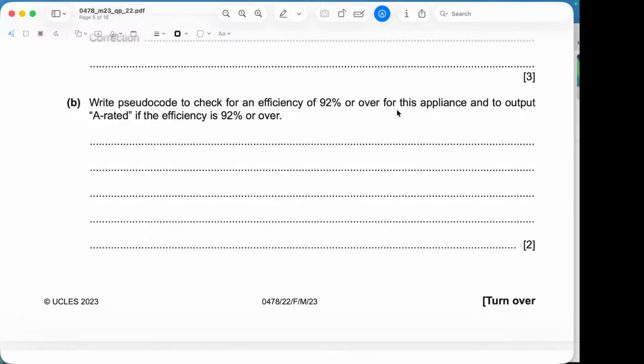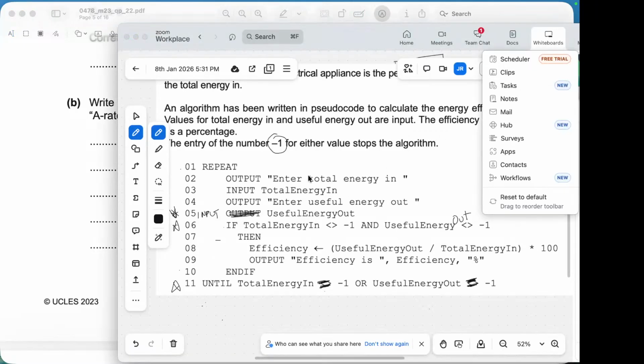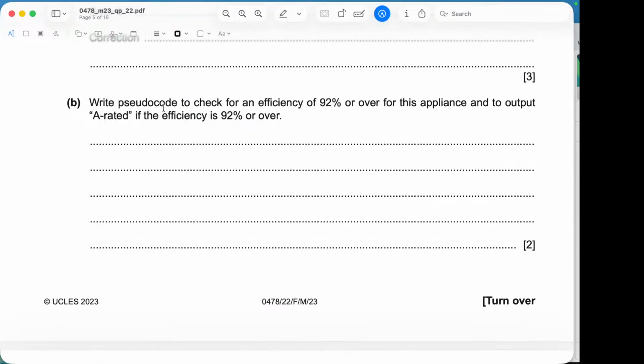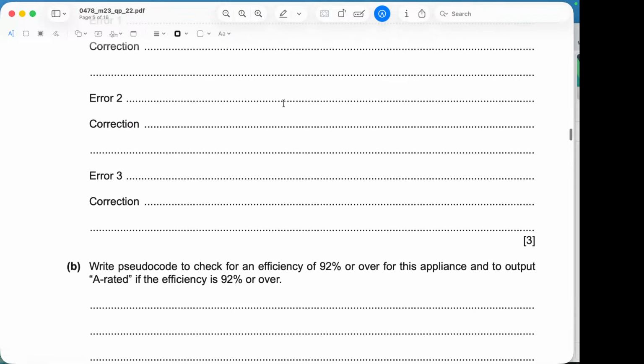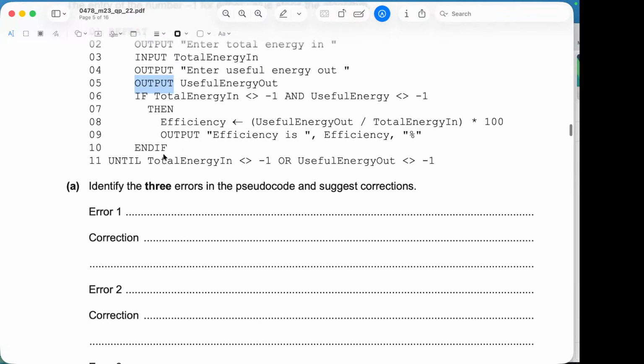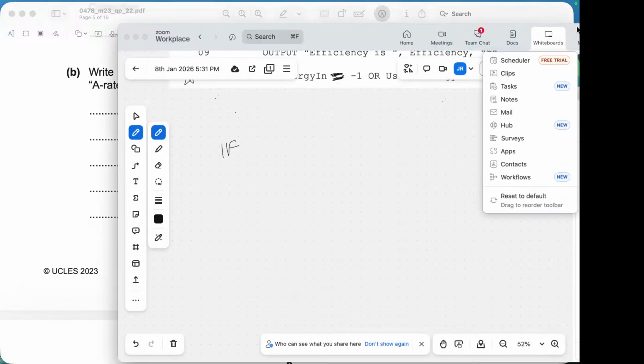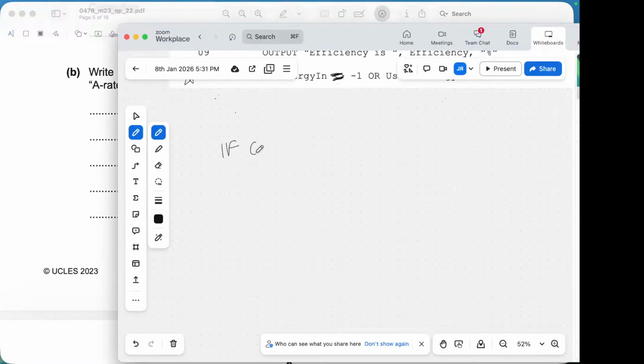Yeah, good. So some really good answers there. Excellent. So it is just a really nice, straightforward if statement. So we're just going to say if, and it is efficiency. So what's our variable for that? Efficiency variable there. If efficiency, sorry, I spelled that incorrectly, is greater than or equal to 92, then